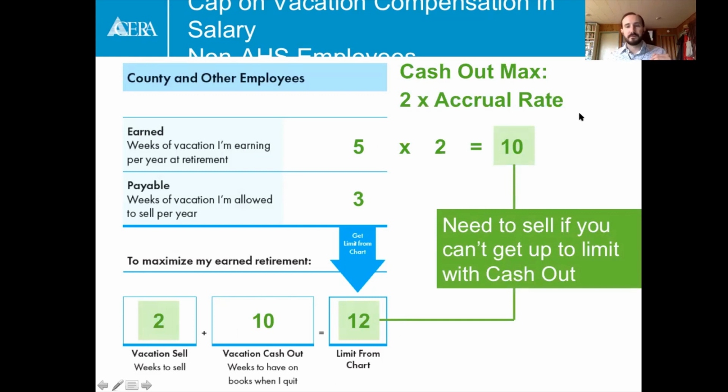Now, to that question about whether it's better to sell vacation or cash out vacation. Let's say that this person doesn't do this, and let's say that they sell more vacation and cash out less vacation. So let's say that we moved 4 weeks of this over here. Okay, so we have 6 and 6. Now, they sold 6 weeks